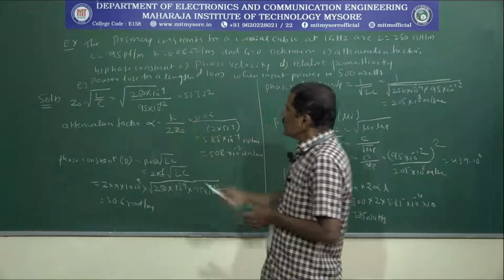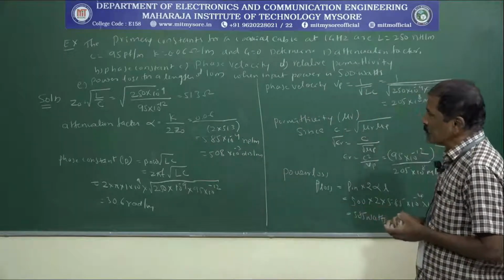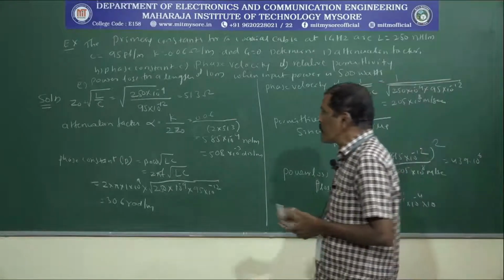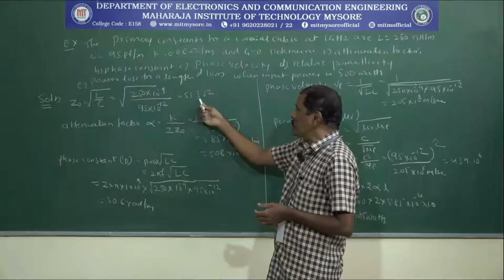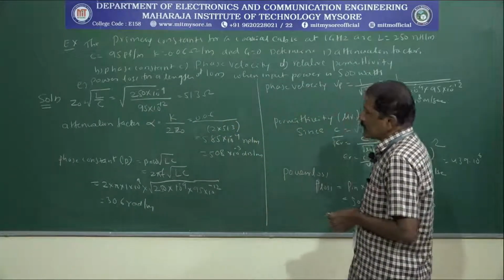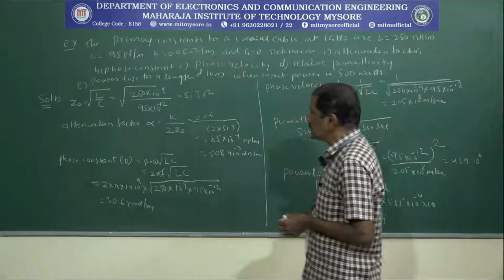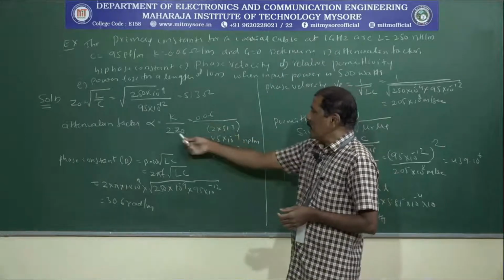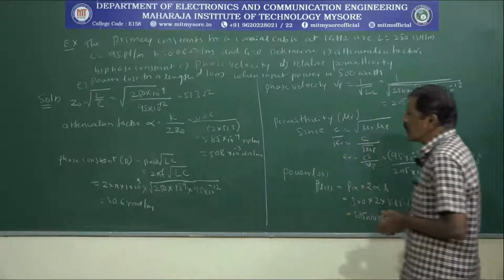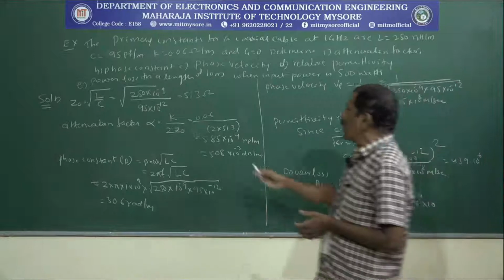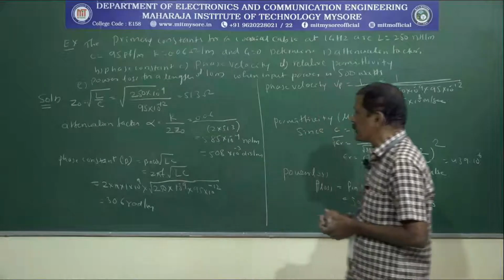Now, first calculate the characteristic impedance, that is Z0, this is equal to root of L by C. Substitute the values of L and the values of C. So, this is going to be 51.3 ohms. Then the attenuation factor is calculated from alpha equal to R divided by 2Z0. So, substitute the values of R and 2 into Z0, it is going to be 5.8 into 10 to the power of minus 4 nepers per meter, and if we convert this into dB, it is going to be 5.08 into 10 to the power minus 3 decibels per meter.